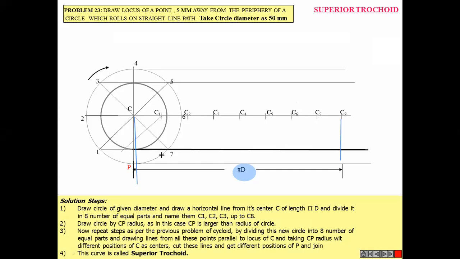Now, when we follow that P point, we need to take radius equal to Cp. Cp means from the center of that circle to the point wherever it is, whether it is on the edge of the circle, inside the circle, or outside, any of the three cases. So here also we have three cases, the same way as the involute case. What is the similarity? That we were dividing these first points. These are the base shape. So this is this point. Understood? This is pi d only.